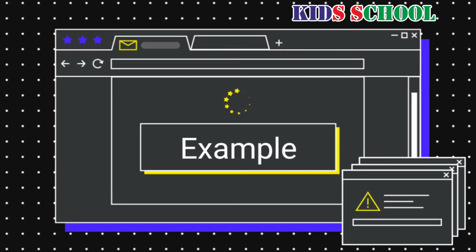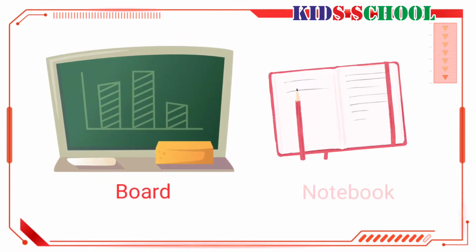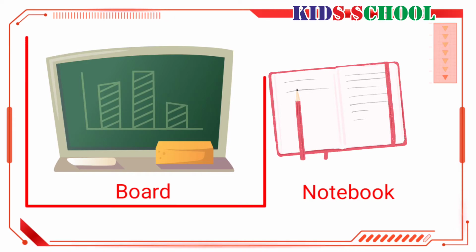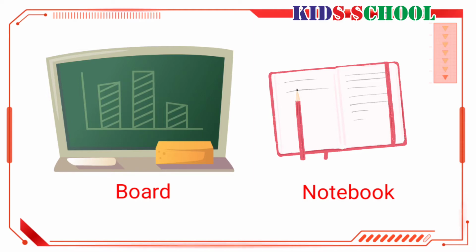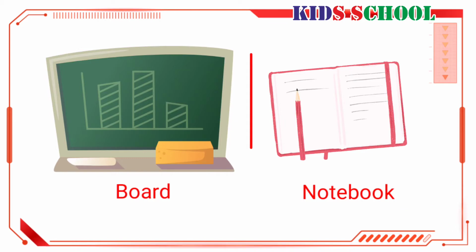Before starting, we will understand it with an example. In this picture, you can see a blackboard and a notebook. In the classroom, teachers use blackboards because they have to write again and again, and students use notebooks because they have to store all the data. It means all the exercises and all the activities. So, dear students, the primary memory is like a blackboard where the information is retained for a short period of time, and secondary memory is like a notebook where the information once written is retained permanently.